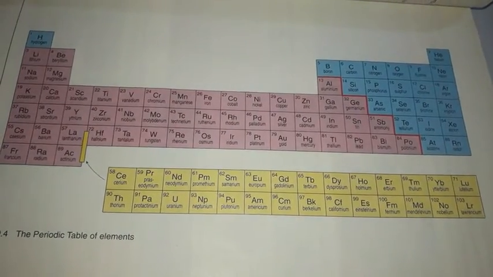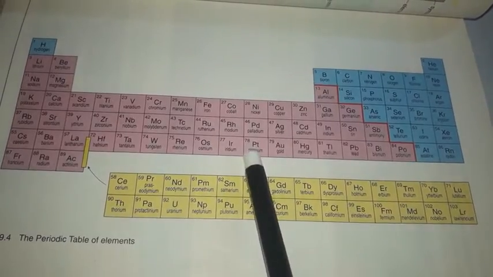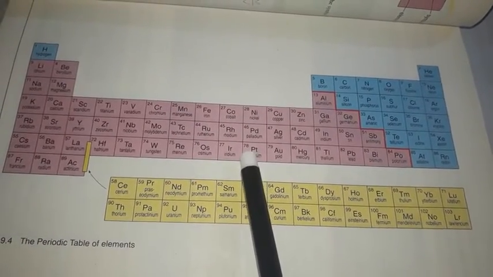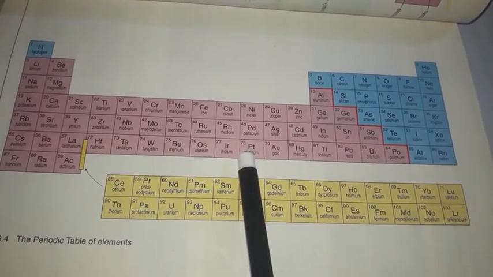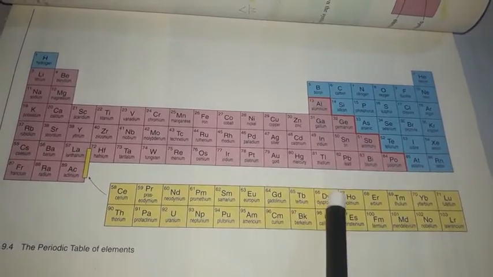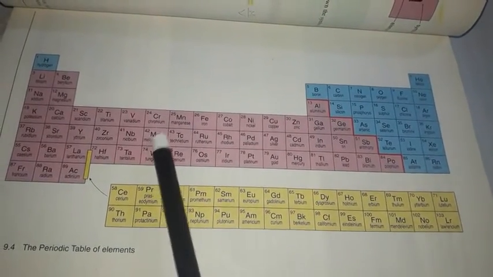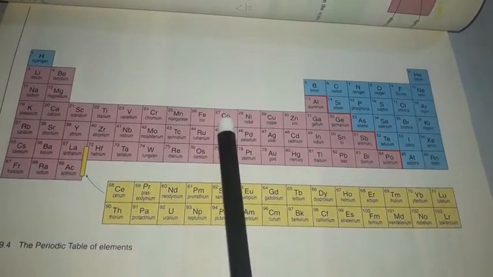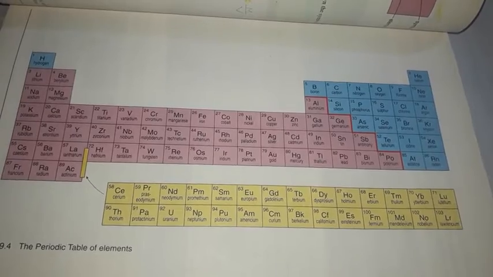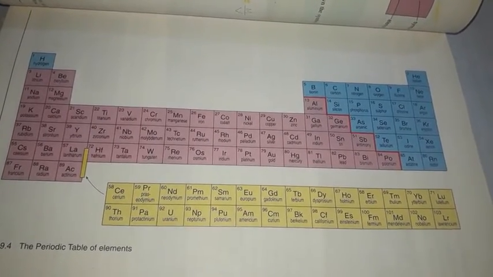Before explaining the periodic table, I want to show you the chart that shows the elements in a table that is called the periodic table. Here you can see there are more than 100 elements in this periodic table, having different names, different numbers and different symbols. So first of all I will explain to you about the periodic table, then we will discuss this periodic table.